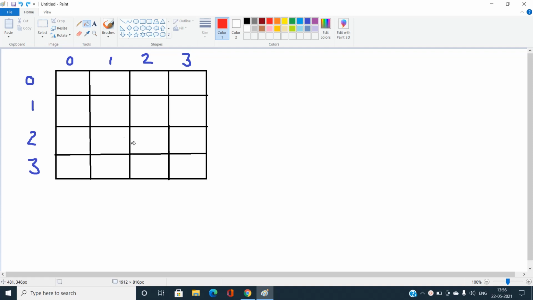Overall, I am saying: try to place a queen in the zeroth column, then move to the next one and check if I can place a queen there such that no two already placed queens violate the condition. If no, then try to check this position. If no, then try this position. And if yes, then move to the second column and try to place over here. Yes, these two are going to violate, that is 0 comma 0 and 0 comma 2. Then skip, and try to place over here, and check whether any two already placed queens violate. Yes, 2 comma 1 and 1 comma 2 are going to violate. Then skip over here, then place over here. Yes, it is again violating. Then place over here, it is again violating.